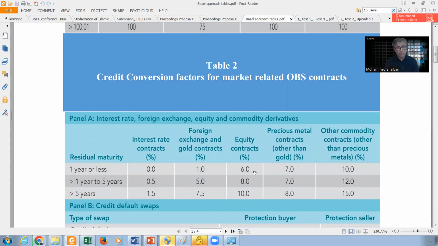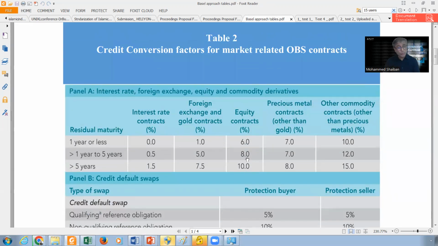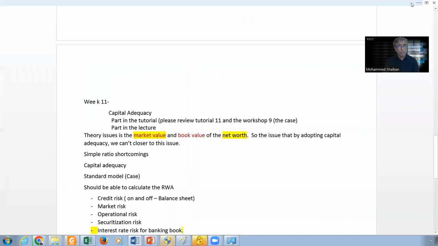And they have explained it well in the tutorial, explained it well in the workshop. Without that, you cannot do the problems. Of course, some of the problems are just theory problems. Now, please also understand that there is a difference between what we call risk-weighted assets and the simple